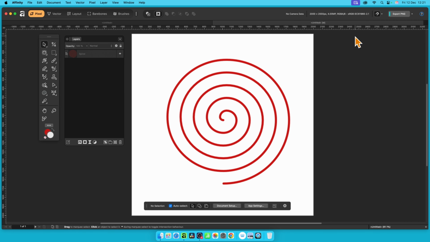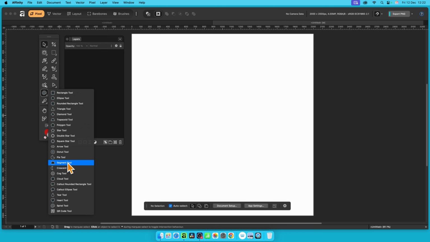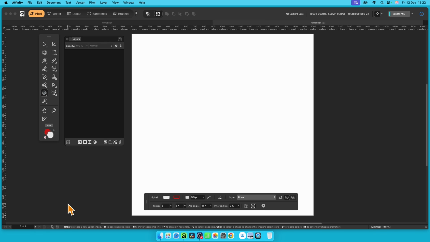In Affinity, you can create all kinds of spiral shapes super quick via the spiral tool. I'm going to show you how. I'm just going to show you PC or Mac. So where's the spiral tool? Just go down here to spiral tool, and with that selected, you can just click the document and add your